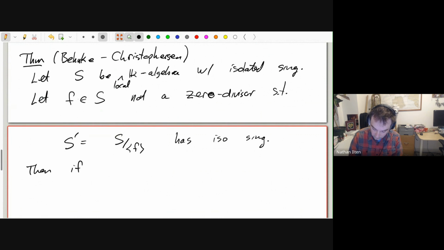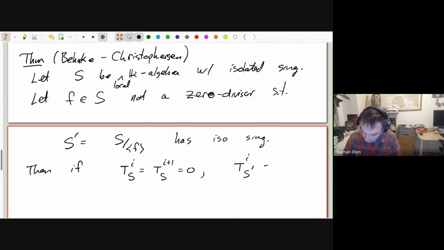Then if for some i, Ti of S is equal to Ti plus 1 of S is equal to 0, it follows that Ti of S prime is also equal to 0. So the upshot of this is, if I want to know something about cotangent cohomology of this quotient algebra, I can obtain it by knowing something about the cotangent cohomology in the same degree and in 1 degree higher for the original algebra S. So in particular, if I wanted to know that, say, S prime had T2 equals 0,